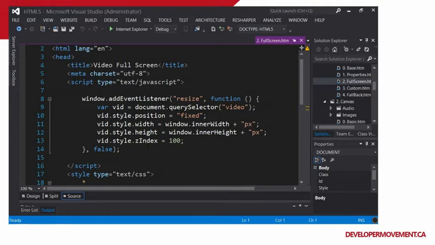You can see here, I'm getting the video into a variable from the video tag, setting the position to fixed, and then setting the video height and style and everything else like that, and the Z index to 100. So very, very simple. Now if we take a look at this,